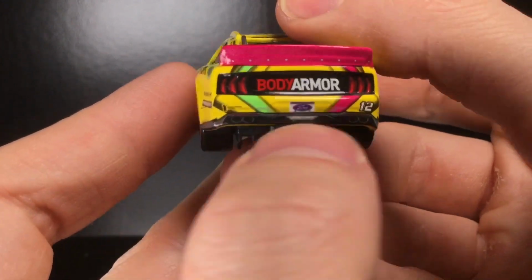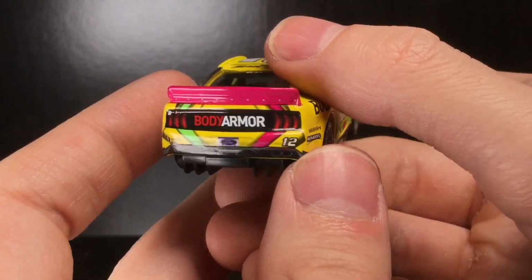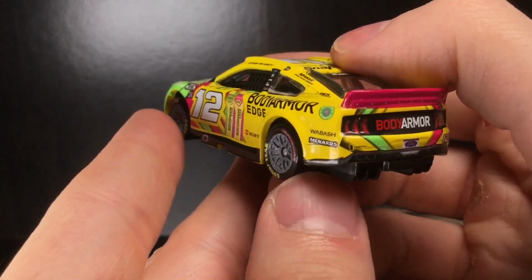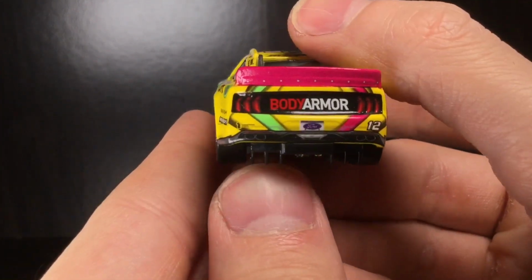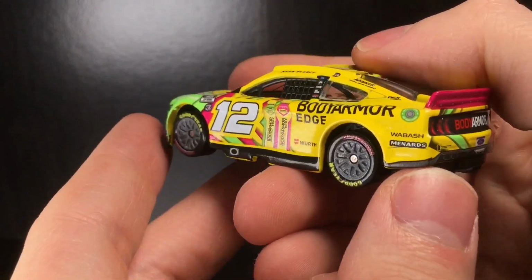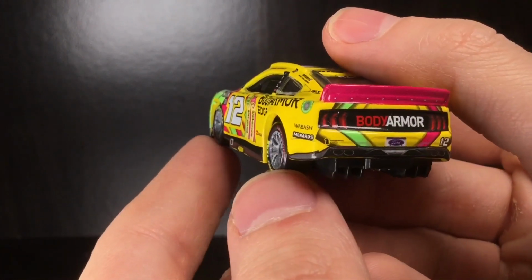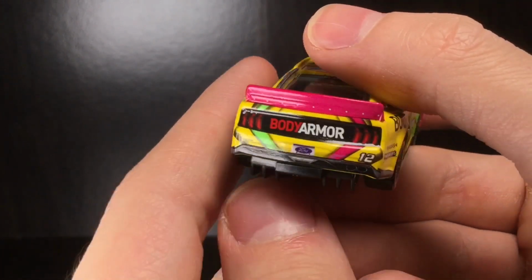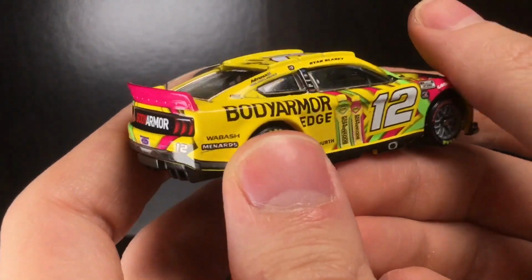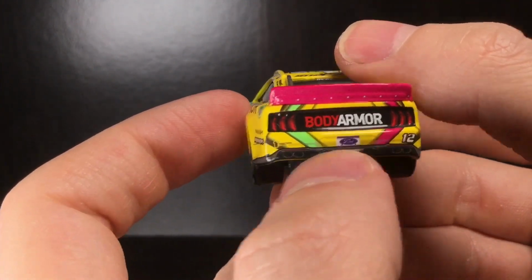Go to the back end of this diecast, and easily my favorite portion of this whole car is the magenta spoiler. Like, when's the last time you've seen a magenta painted diecast 1/64 spoiler? That looks so freaking cool, man. Colored spoilers are kind of a fading art, if you will. Really don't see many of them anymore. Nowadays, they're always like a dark gray or dark black, so it's cool to see a different, especially a bright